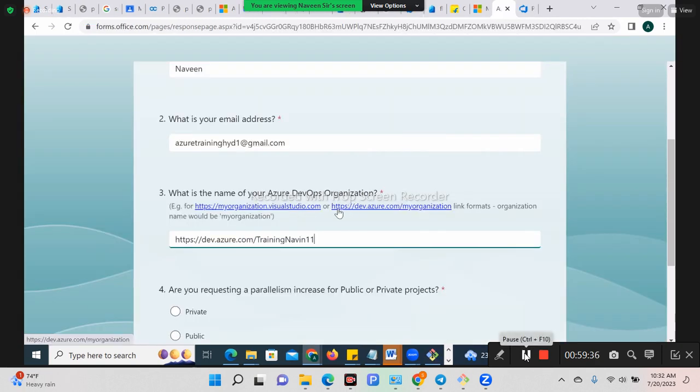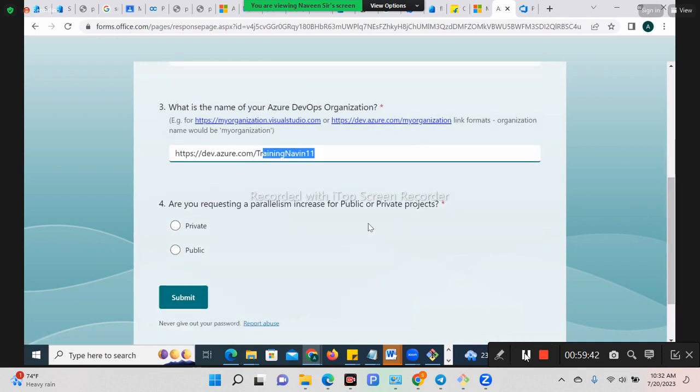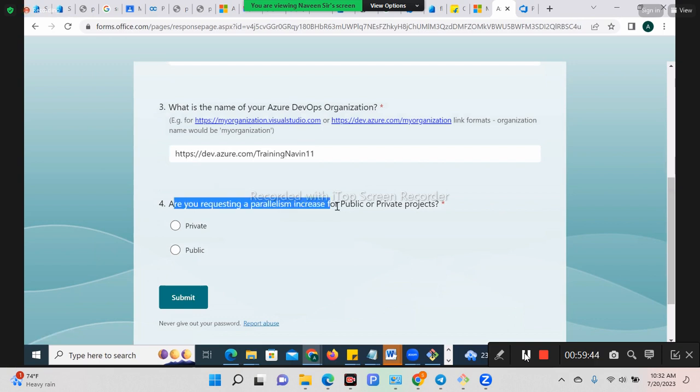Or you can go with this. So http://dev.azure.com, my organization name. This is my organization name. Right? Come here now. It says, are you requesting a parallelism increase for public or private use? You have to go with the private. Public, if you go, we have